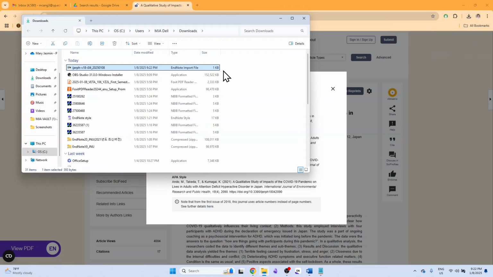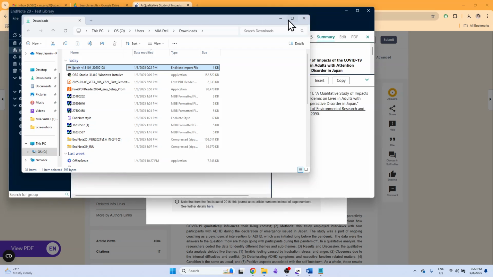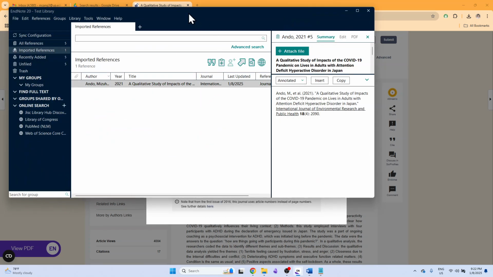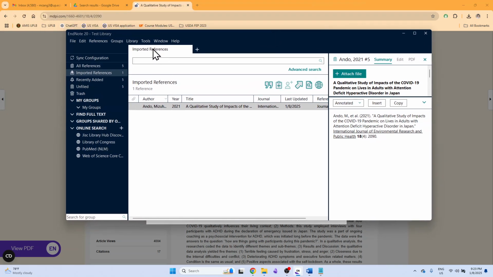And then you can just open it. It can be opened by your EndNote application. So if you double click it, it will automatically be loaded into a new window as an imported reference.